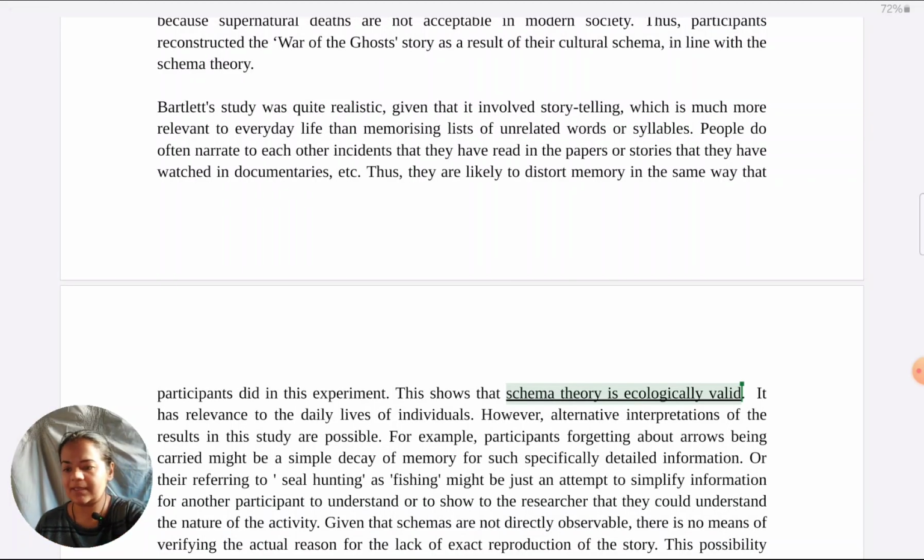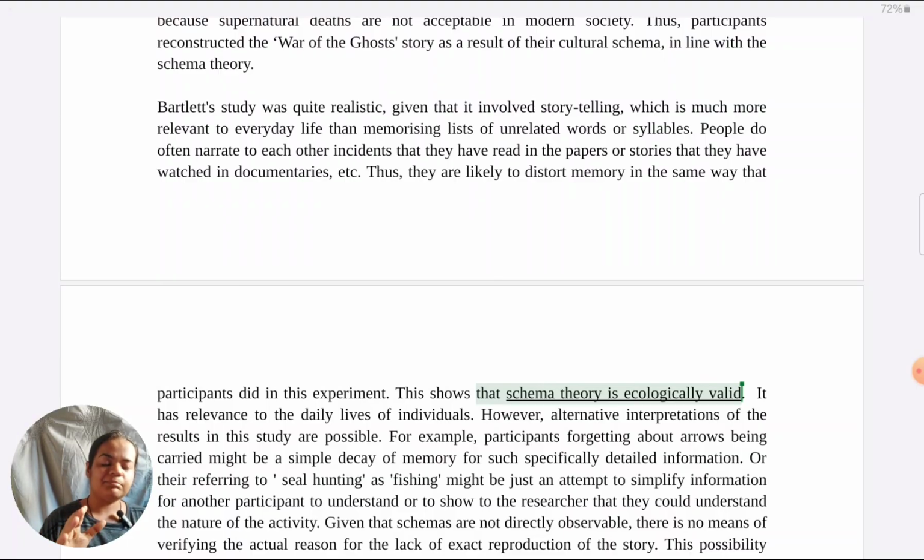Now coming to linking back. Is the study being evaluated for its own sake? No. Because the study is realistic, schema theory becomes ecologically valid. This is the way of writing. This is the way of linking back to the theory. The study is realistic. Yes, the study's findings are ecologically valid. But are we arguing for that? We are arguing for larger schema theory. We are arguing for schema theory causing reconstruction of memory.